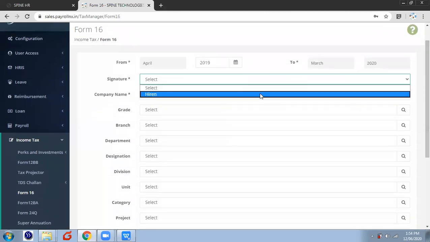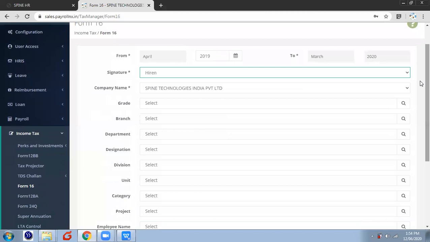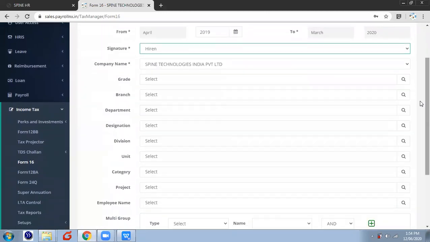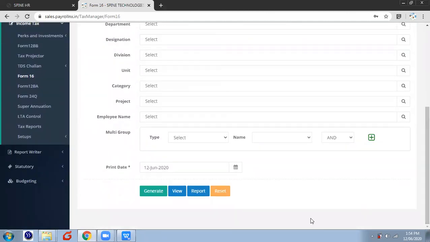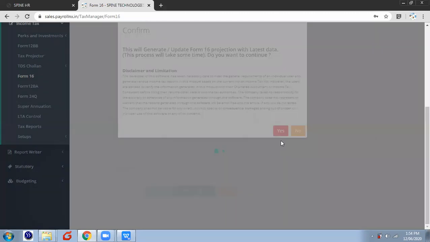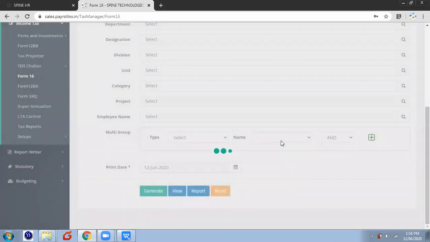We have to select signature. Then we can use any of the cost centers over here as a filtration option. By the generate button, the system will generate Form 16 for all of the employees in Spine Payroll NX or for a selected master.